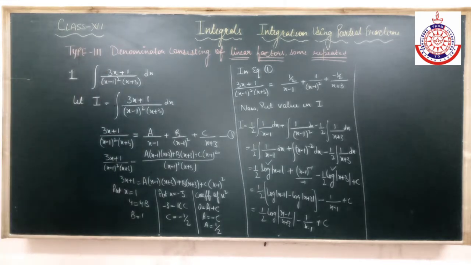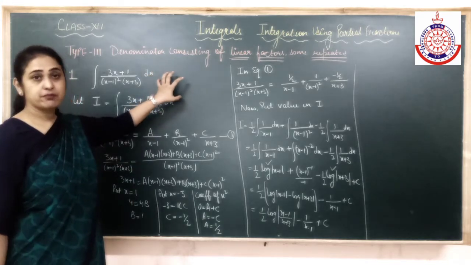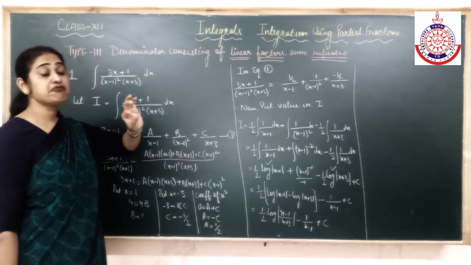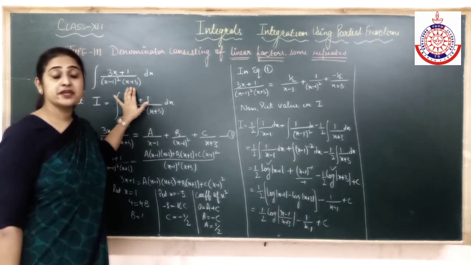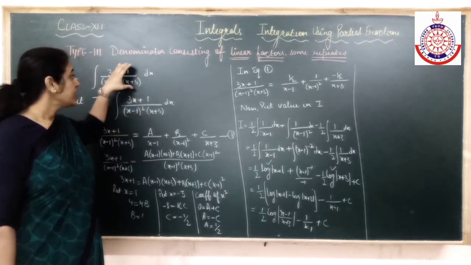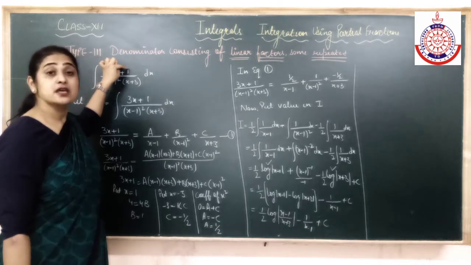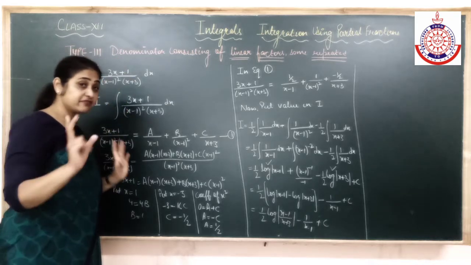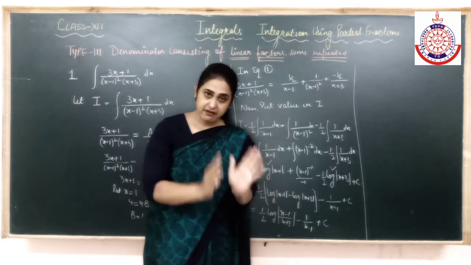Is this clear? So children, the only important thing is, first of all, we have to see, can we apply partial fraction or not? I can apply partial fraction if and only if the degree of denominator is more than the numerator. If it is equal, then also we divide. If the degree of numerator is more, then also we divide. First we will divide. If you remember previous videos, we have done such kind of questions. First of all, we will divide.